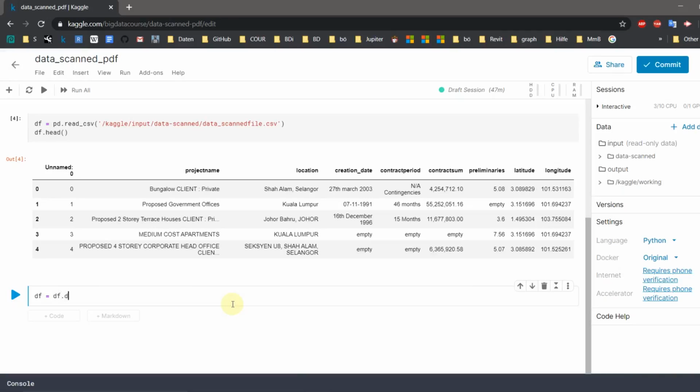Using the drop function, we will override our data frame and write the same data frame into it, but with the removed column Unnamed.